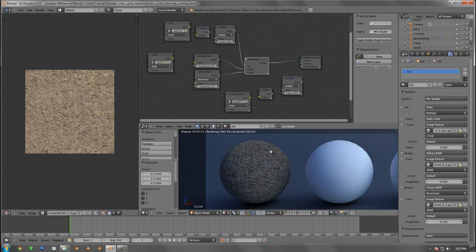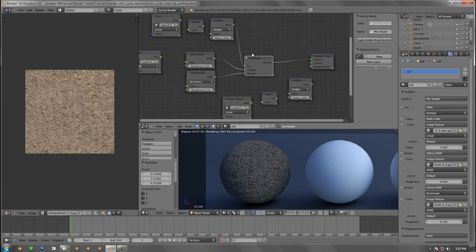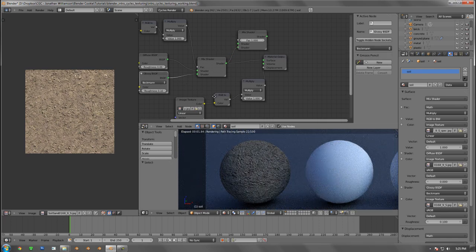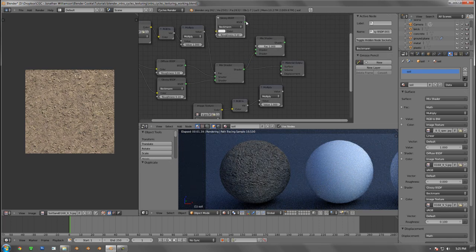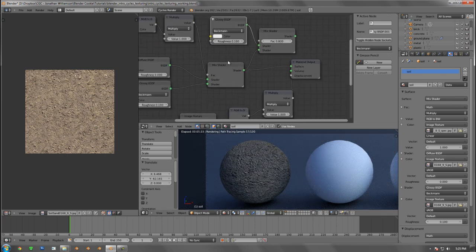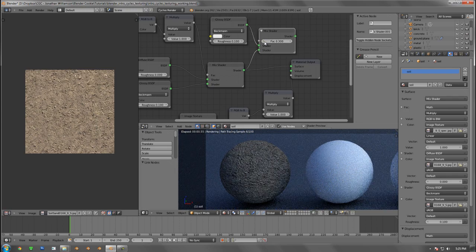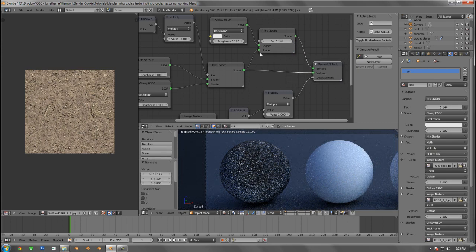And if this is just a little too dull, you can always toss in, say, a second mix shader and mix in, say, another glossy shader, just an overall gloss, something like this, to then subtly adjust the amount of gloss there. This looks a lot nicer than before, where I'm just adding in basically an overall amount of glossiness to this. Whoops, got to reconnect that there, and then